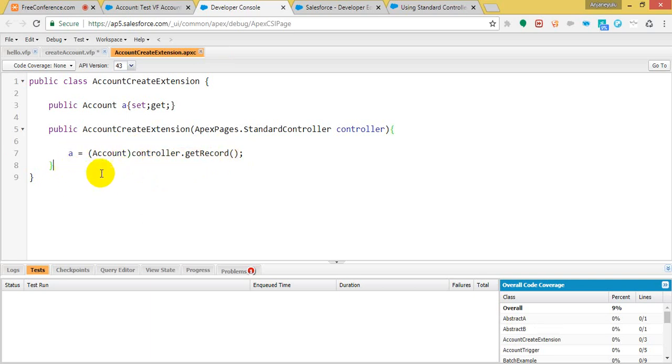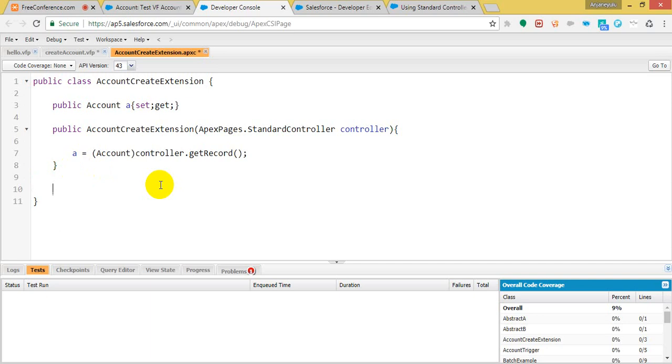Okay, now public void, we have the save method, right? Here